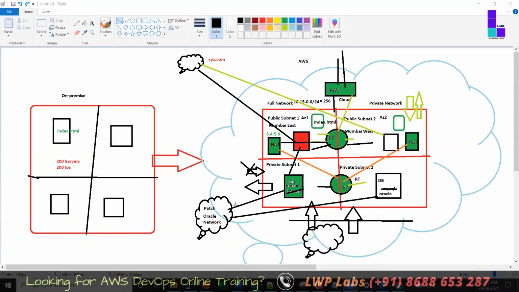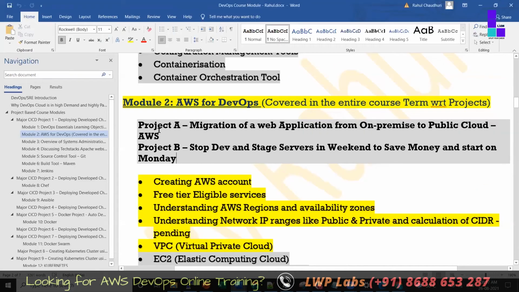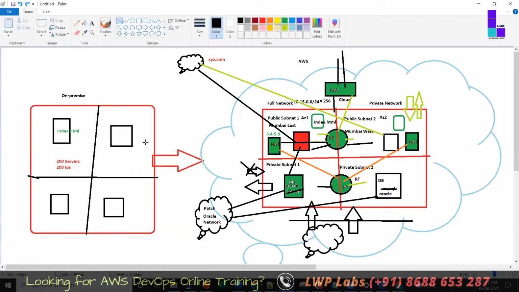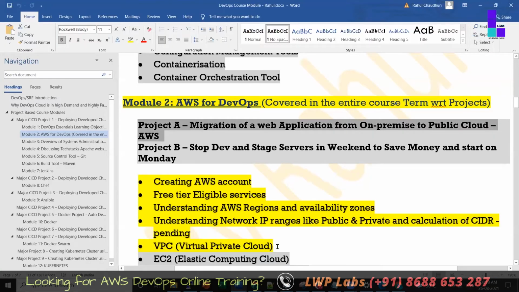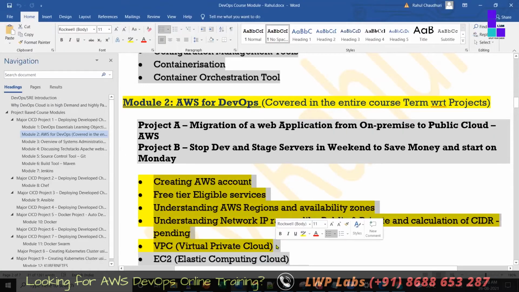Now, if I proceed further, come here. This was not yet completed: migration of a web application from on-premise. On-premise we understood with some example, and cloud we understood. Have we migrated this particular HTML file yet? No. A sample HTML file we have not migrated; we just created it here. How can we do migration and copy from one server to another server? We will see all those things after some time. My main focus from this project was for you to understand these three yellow parts, which you have understood.